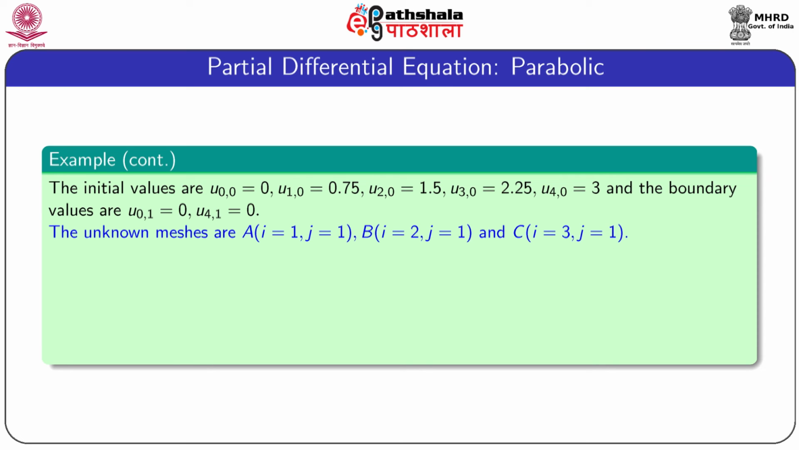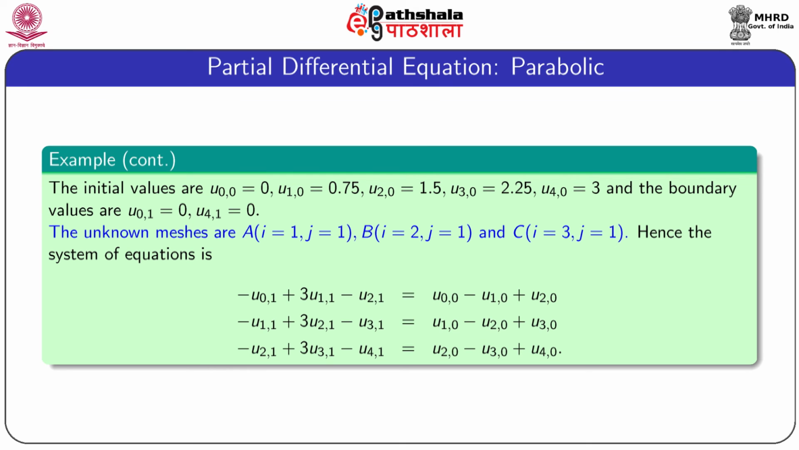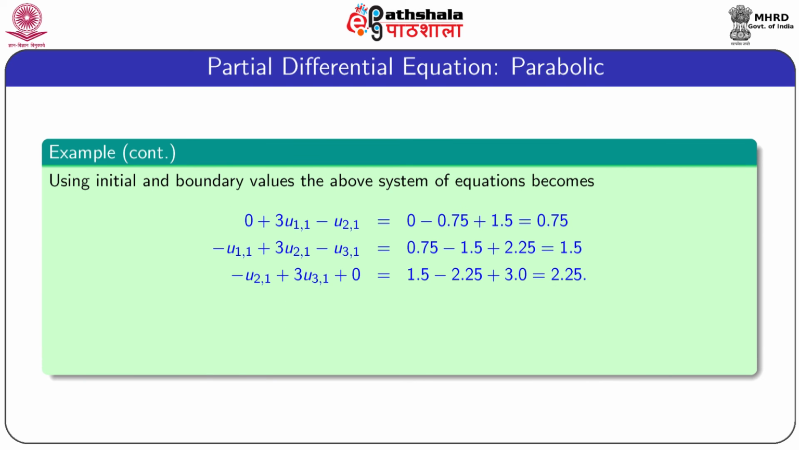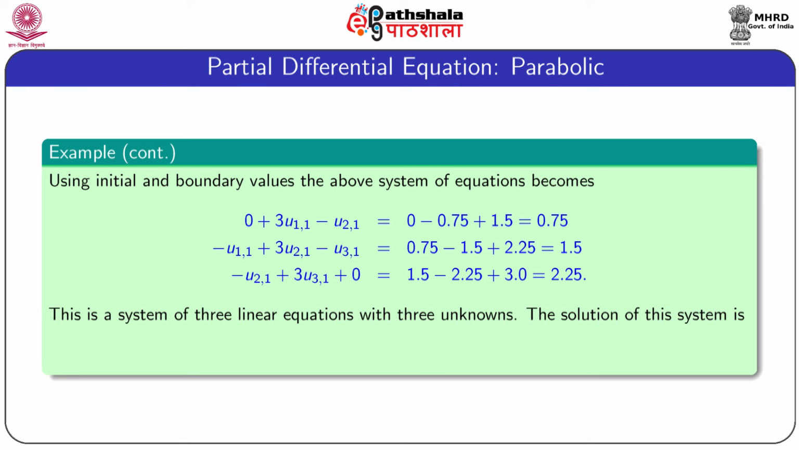The unknown meshes are A, B and C for different values of i and j mentioned adjacent to the points A, B, C, and for this case the system of equations is this one. After substituting the values of u00, u10, u20 and u30, u40, we get the following system of equations. By solving this we get the values of u11, u21 and so on. Note that this is a tridiagonal system containing three equations and three unknowns. The solution of this equation is